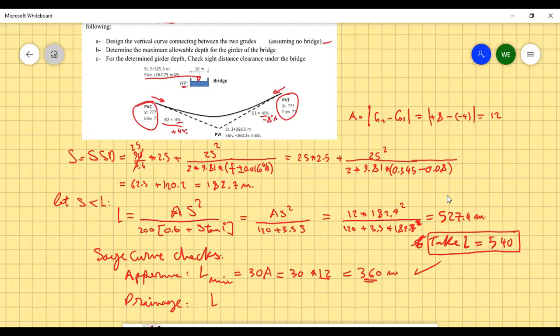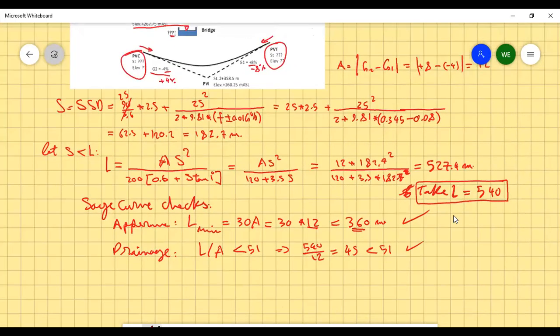So L over A should be less than 51. In this case we have 540 divided by 12. That is equal to 45, which is less than 51. Okay. The last check